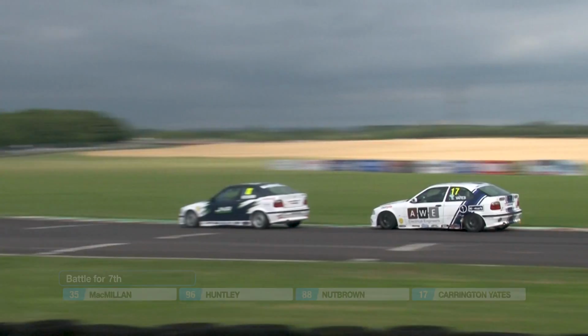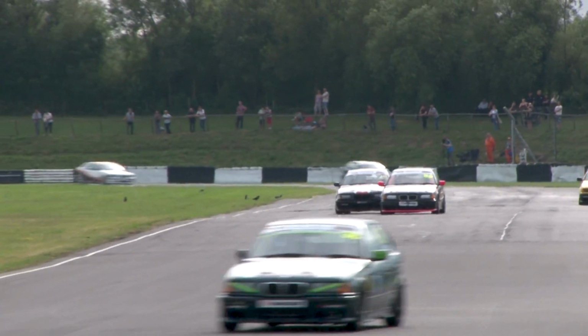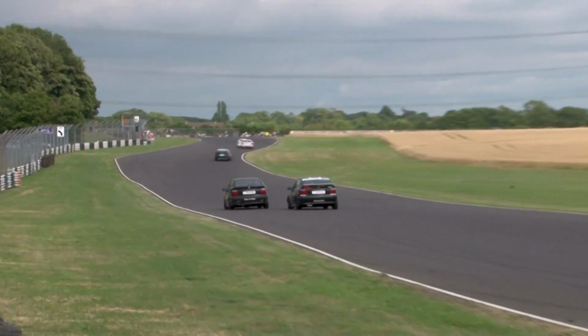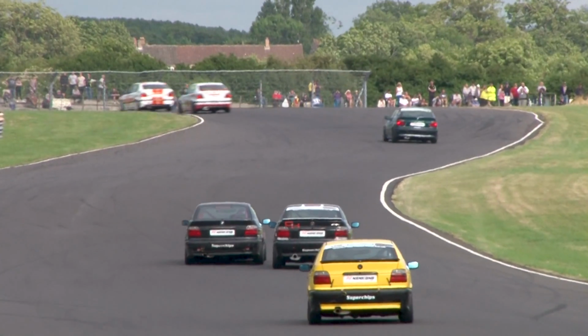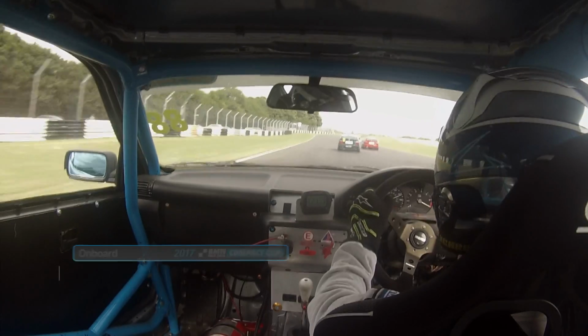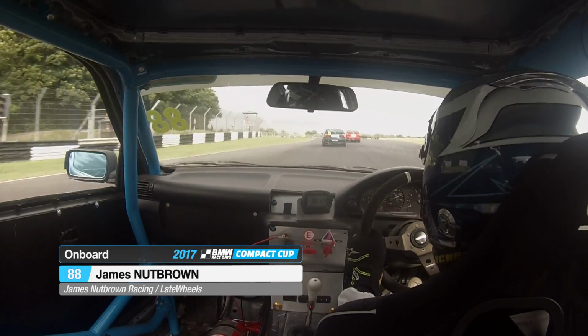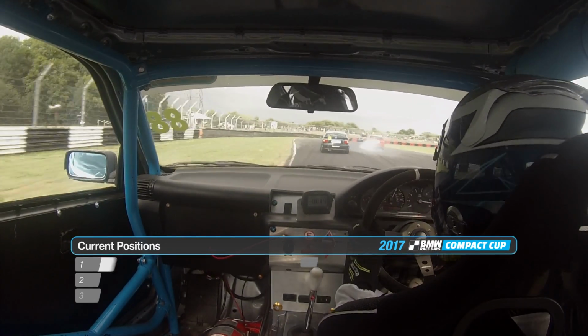This is the battle for 7th place. Gordon McMillan, Ben Huntley and James Brown involved, and just in front of them, Owen Hunter trying to get up the inside of Ian Jones. He was on the grass. That's very brave indeed through Folly, and now into Avon Rise as he found a gap on the inside. Might have done. We'll never know though, because we instead have a look back at James Brown, who is following